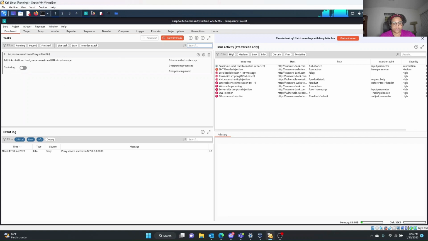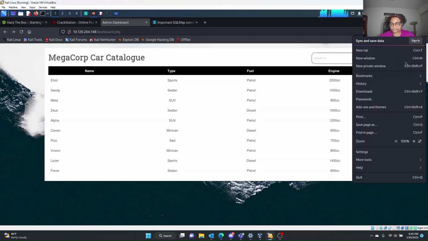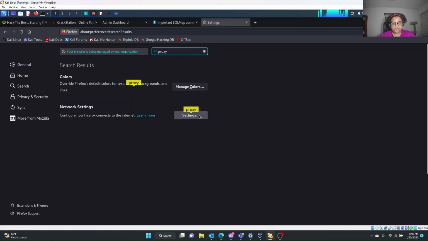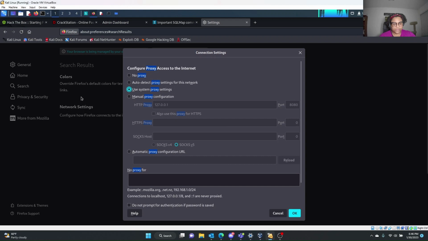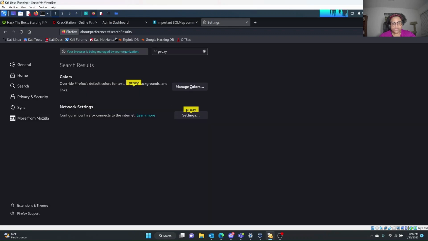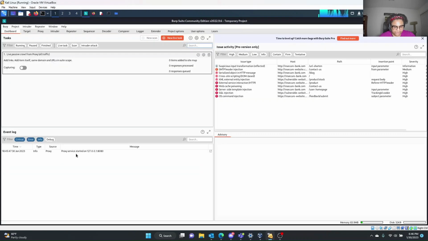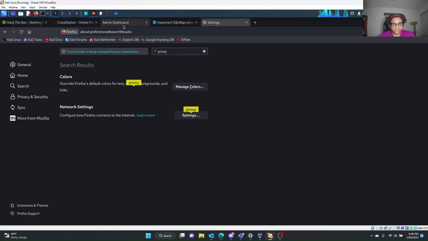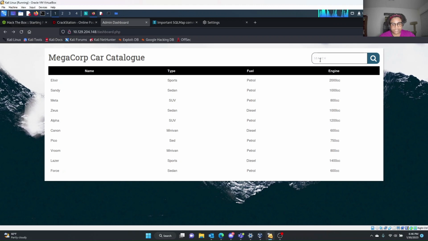So we need to configure Burp, and what we're going to do is change our proxy settings and have it go to our localhost 127.0.0.1 port 8080, which is listening on Burp. You see that here, started on 127.0.0.1. So now if we go to proxy and say intercept on, and if we go back to the admin and say test,